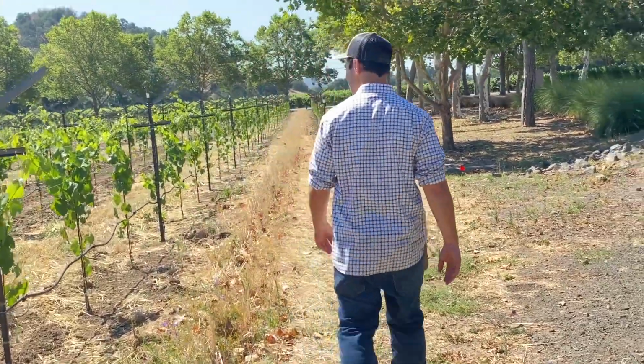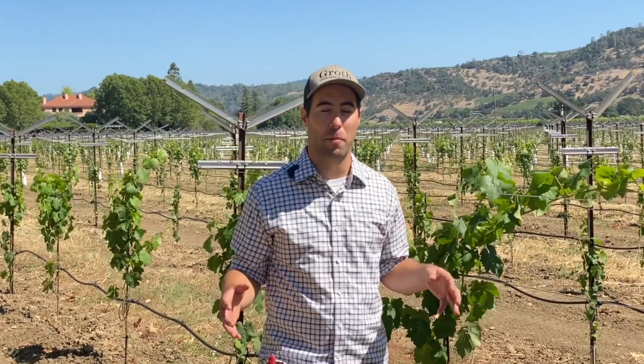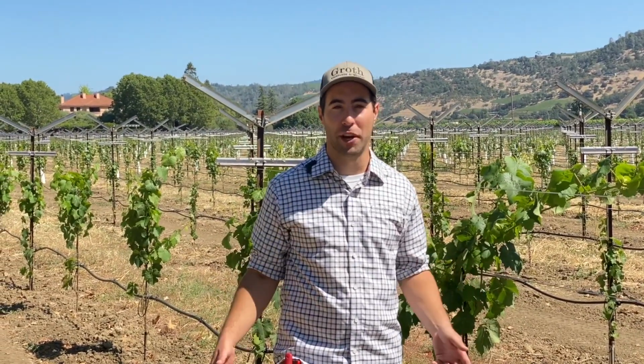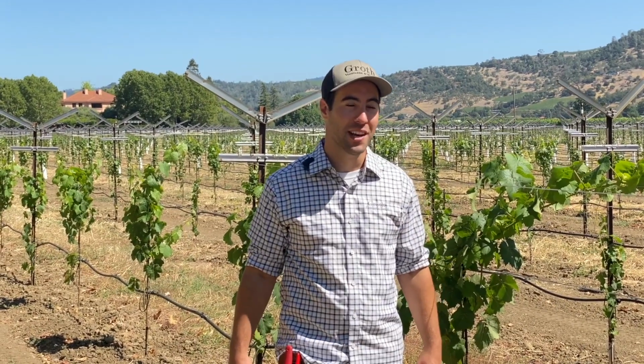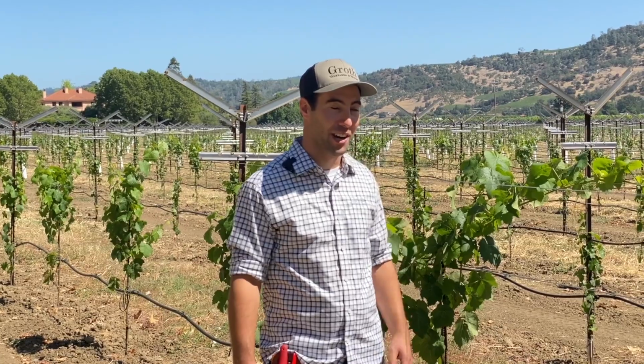So we've now moved a bit eastward on our property. We're just about in the middle of our property as far as east and west goes, and I wanted to bring you guys here for a couple different reasons. The first reason might be pretty obvious. Look at these vines, they're nice and young, and I wanted to talk to you guys about our replant program